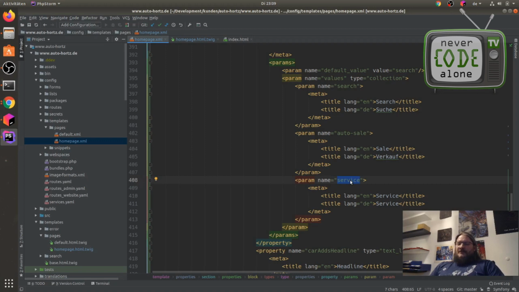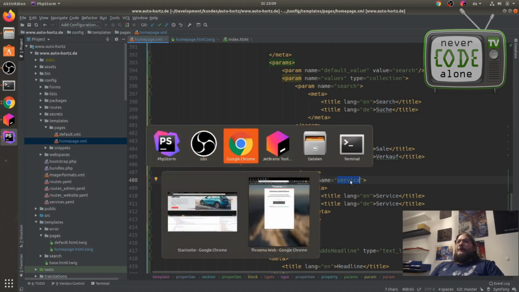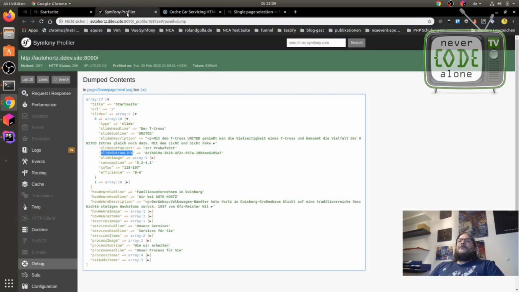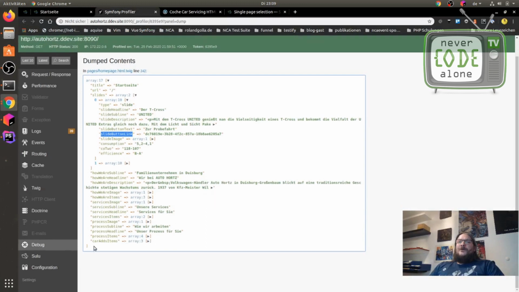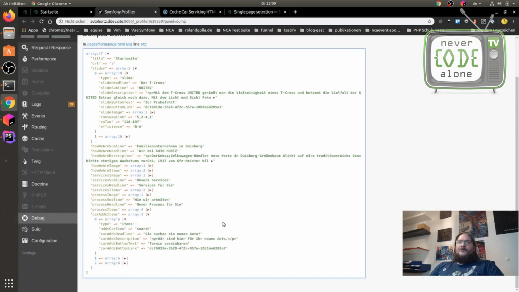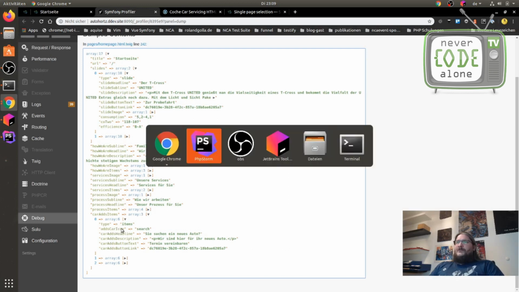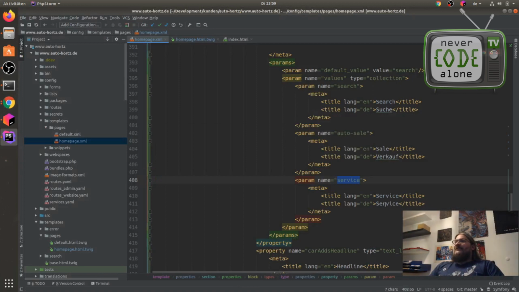And when I see here on my Symfony profiler, on my car adds items, we have here now the adds a car item. We have to bring this on another.